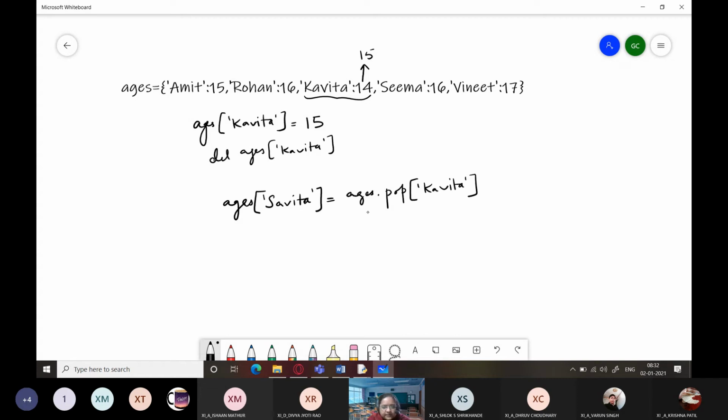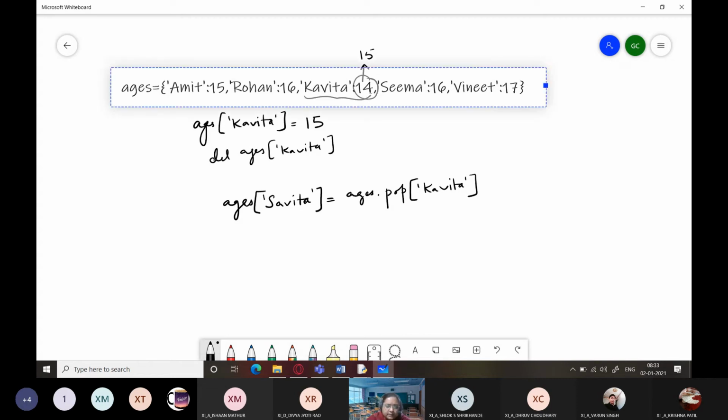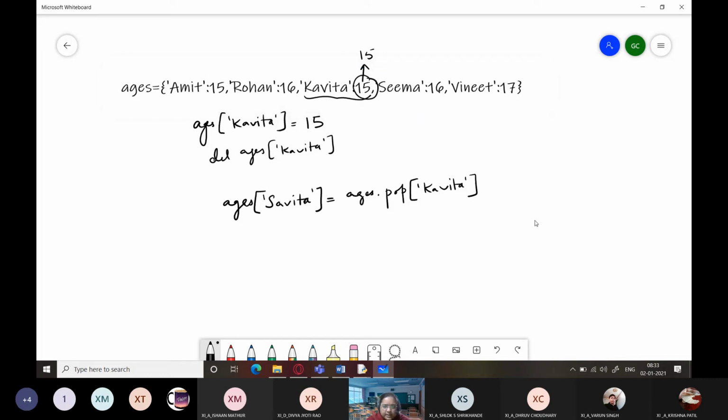What will happen in this case? Firstly, the right hand side is going to run. The pop function is going to delete this entire pair and save its key. Now we had already changed the value to 15, so I'll make that correction over here. This is 15, so 15 is already there. This age correction has been done.